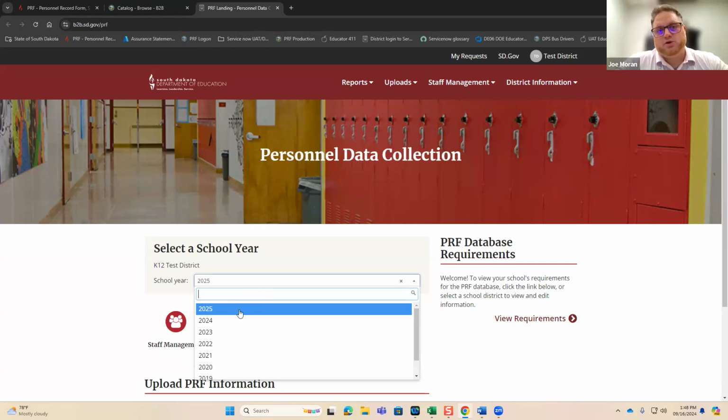So if the last time you entered the PRF, it was 2024 school year and you were in school year 2024, you will have to select the 2025 school year. And then in your following access points to it, it should say 2025. But as a database now that has multiple years in it, always a good reference point to check what school year you're currently looking at. It won't let you modify the previous years, so you need to be in 2025.